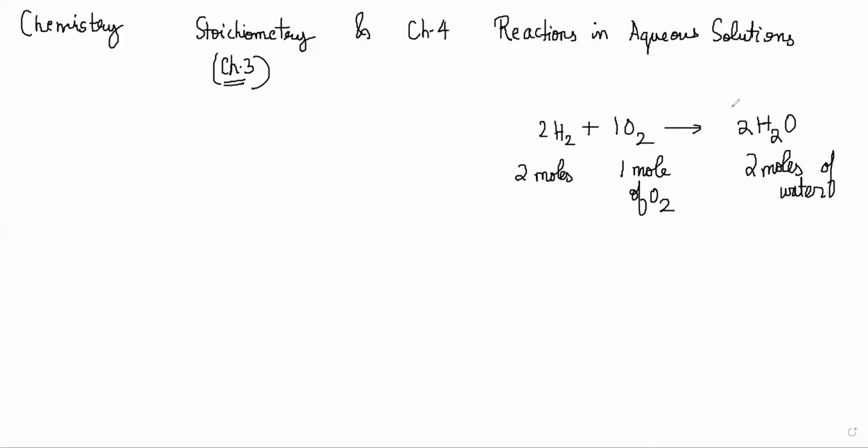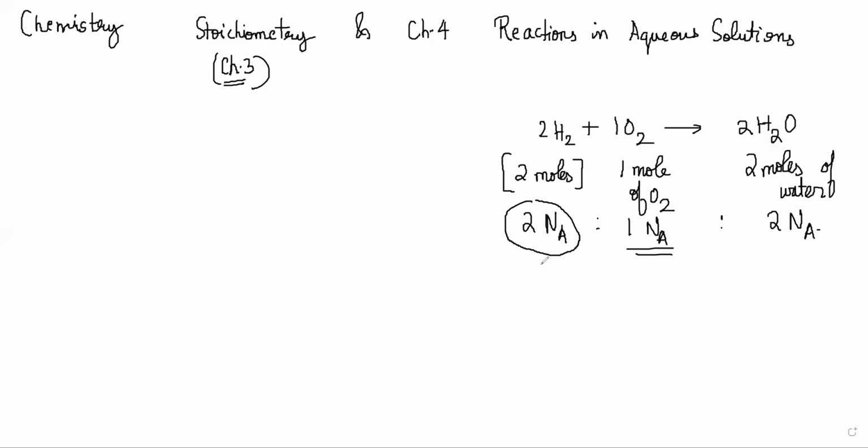So the ratio is 2 is to 1 is to 2, and this is going to be valid even if you take 2 Avogadro numbers and 1 Avogadro number and 2 Avogadro numbers here, because the ratio is still 2 is to 1 is to 2. Why do we take this number? We had discussed last class, because Avogadro number was chosen in such a way that 1 mole of something will be the molecular or atomic weight in grams, right?